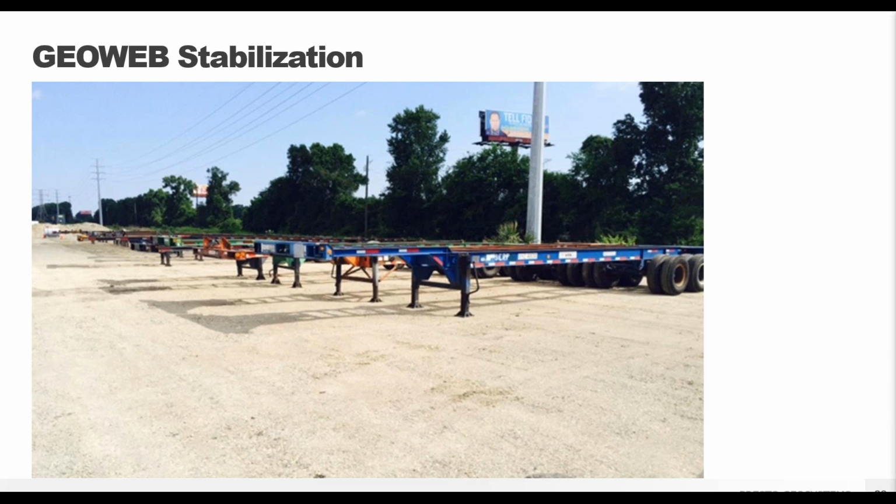And we do typically recommend a 2-inch wearing course of stone on top of the GeoWeb panel. And this is just for protection against impacts from vehicle tires and loads. So whatever you fill in with the material, you just overfill by about 2 inches. So in this case, they used the 8-inch panel, you overfill it by 2 inches, so you've got a 10-inch total cross section.